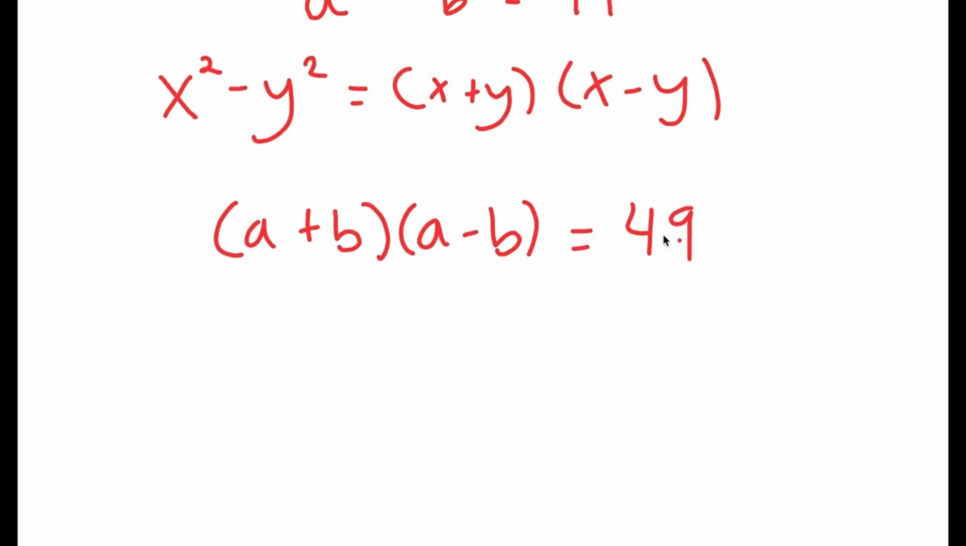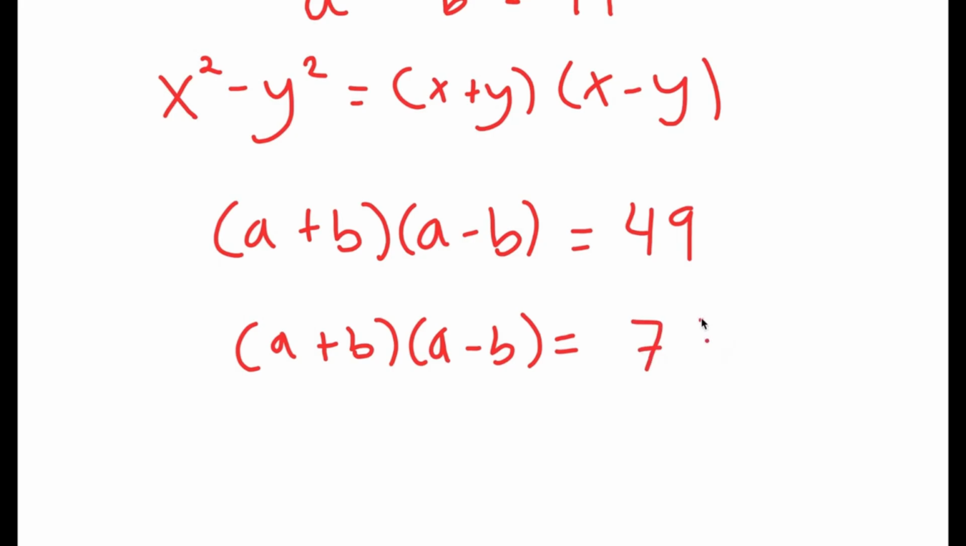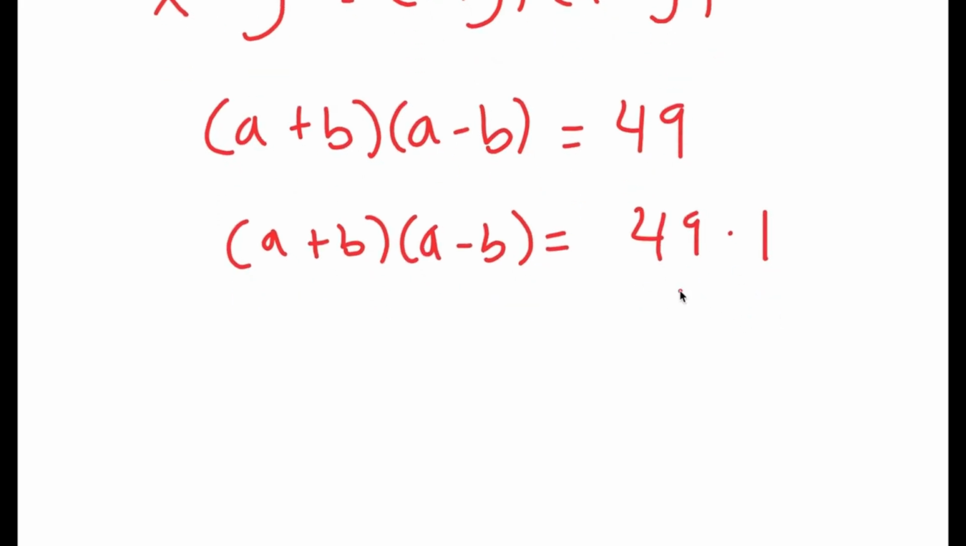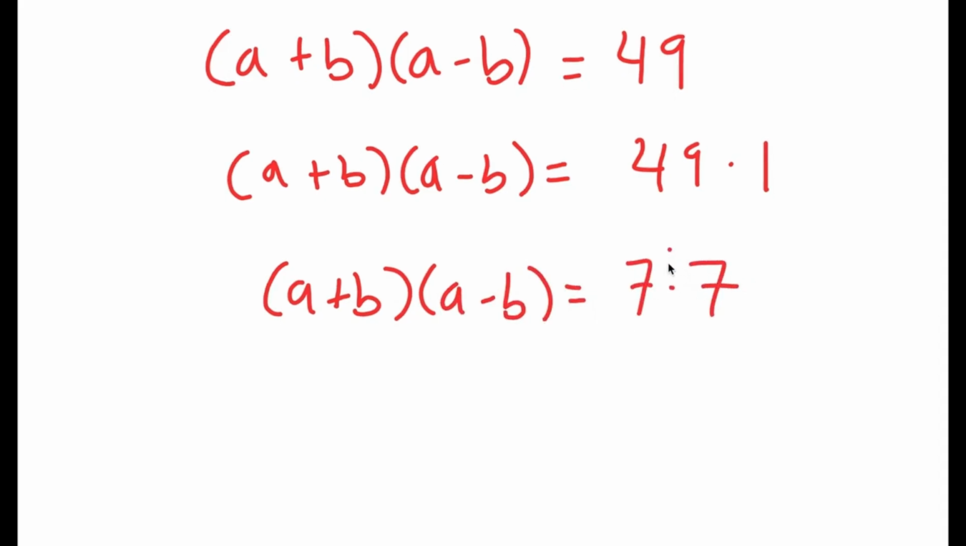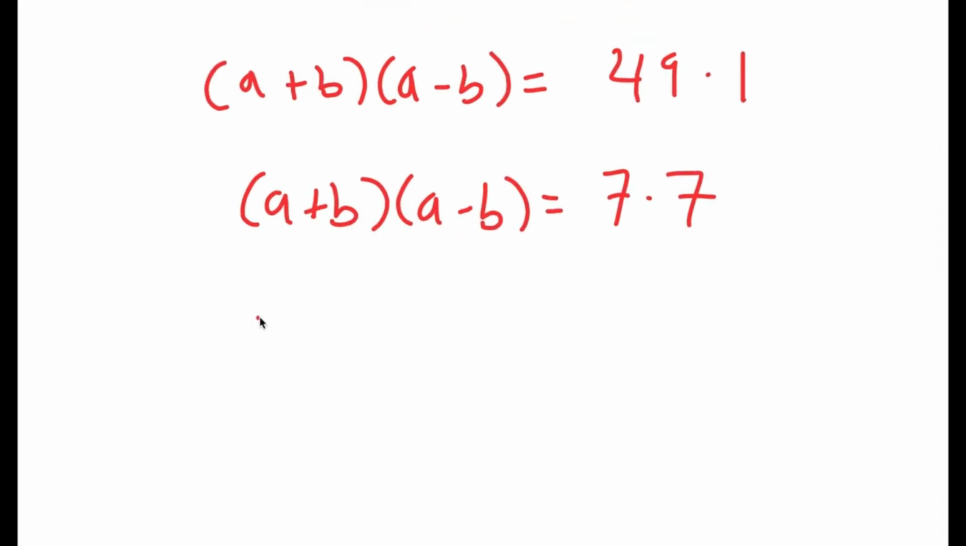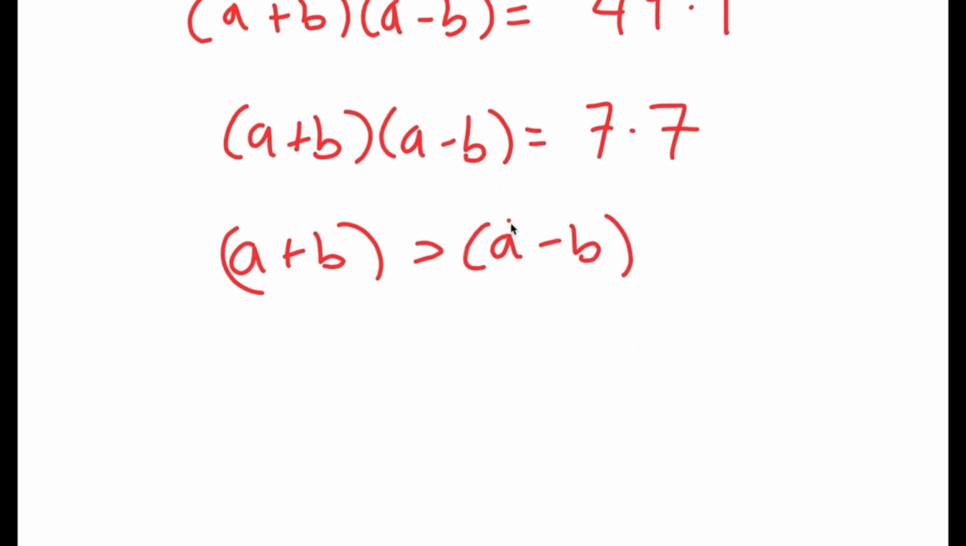Now from here, I can rewrite 49 as 49 times 1. 49 is equal to 49 times 1, so that's true. And this I can also rewrite as 7 times 7. Now, we obviously know that a plus b is going to be greater than a minus b. So keeping this in mind,